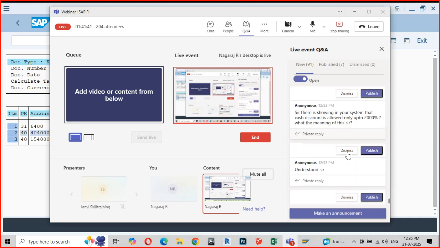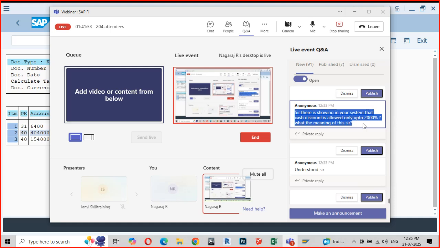But see, what happens when you're setting up the tolerance groups, you can also allow the person to grant discounts. You can also restrict the discount given to what percentage, whether it is 1%, whether it is 0.5%, whether it's 2%.